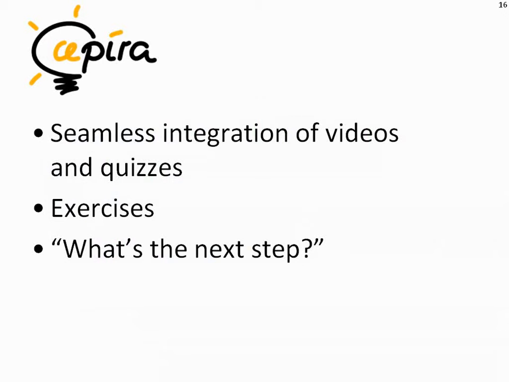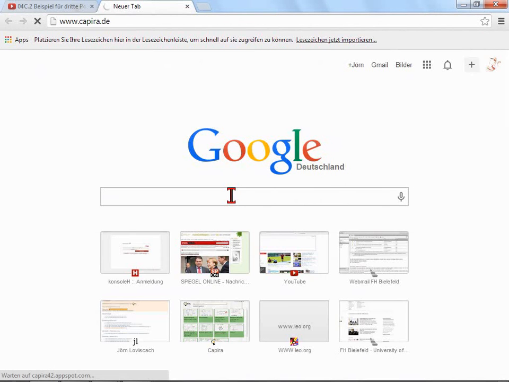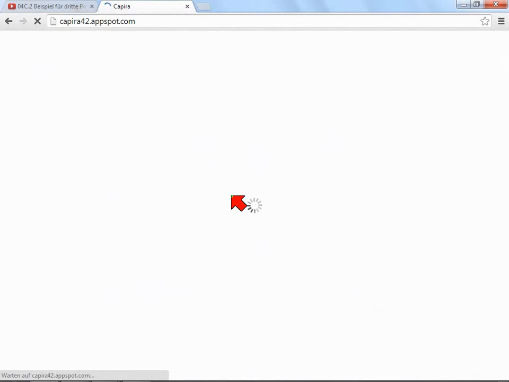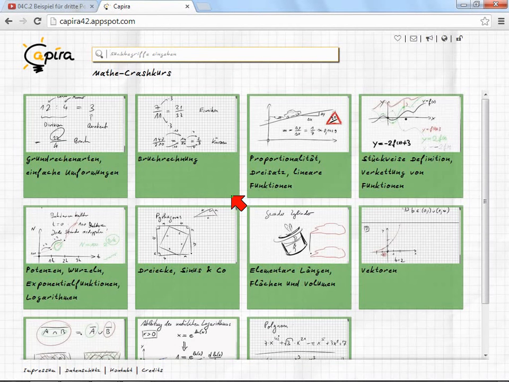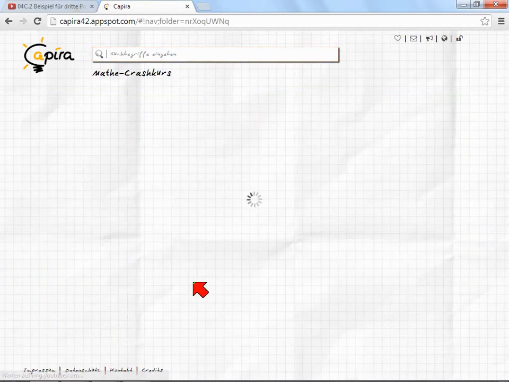And that's difficult to author if you're on your own or have very little personnel. There's a student involved from Saarland University who creates a platform around my videos that's called Capira, where we try to integrate videos and quizzes and offer a very lean authoring environment for the teacher, for the educator. So we have two objectives: making the authoring of quizzes very lean, very simple, very quick. And actually the first and foremost objective is to tightly, seamlessly integrate videos and quizzes. This again is in German, but I guess you get the gist of it.